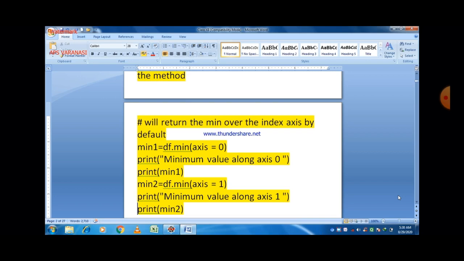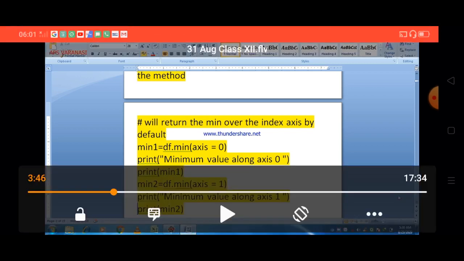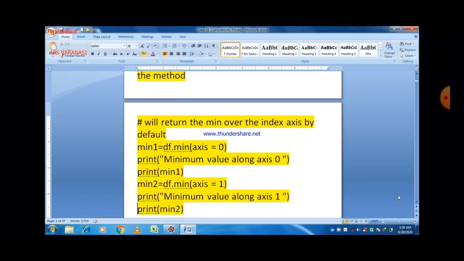And there is another parameter named skipna. If you want to skip the NA values, then for that purpose you can also use skipna is equal to true. By default skipna is equal to false. So that is the program to find out the minimum and maximum value along x is 0 and along x is 1 in a data frame.